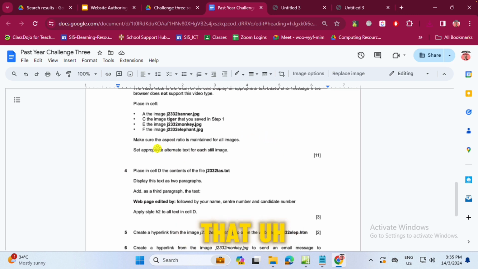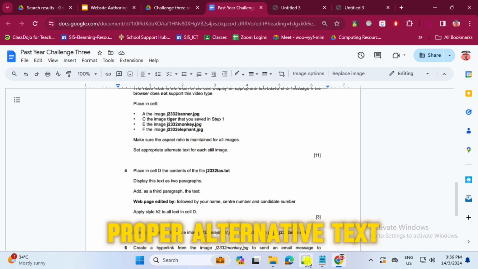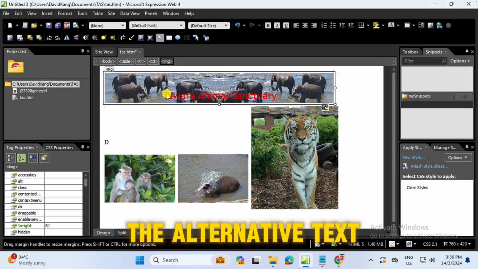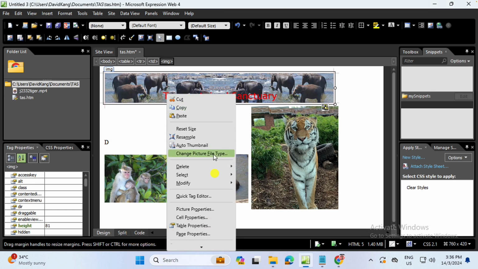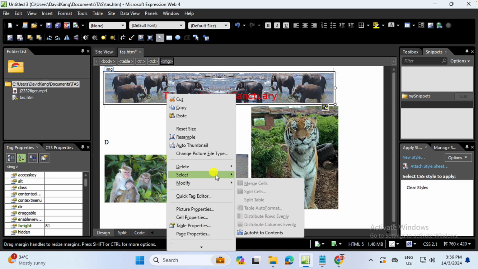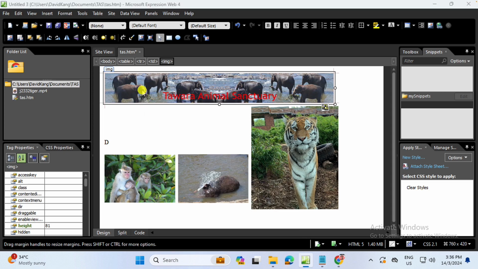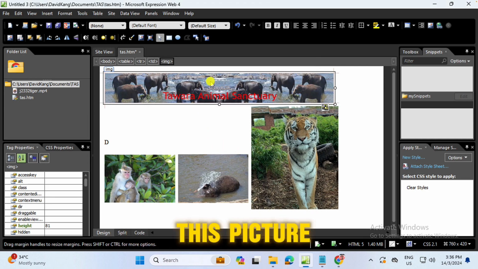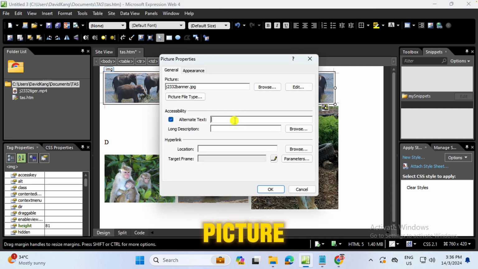It says that it asks us to make sure each aspect ratio is maintained. So I did not distort the image, and all of them are maintained with the shift. And this time we have to ensure all of these pictures have a proper alternative text. So to do the alternative text for each of these pictures, I will just double click this picture, and here